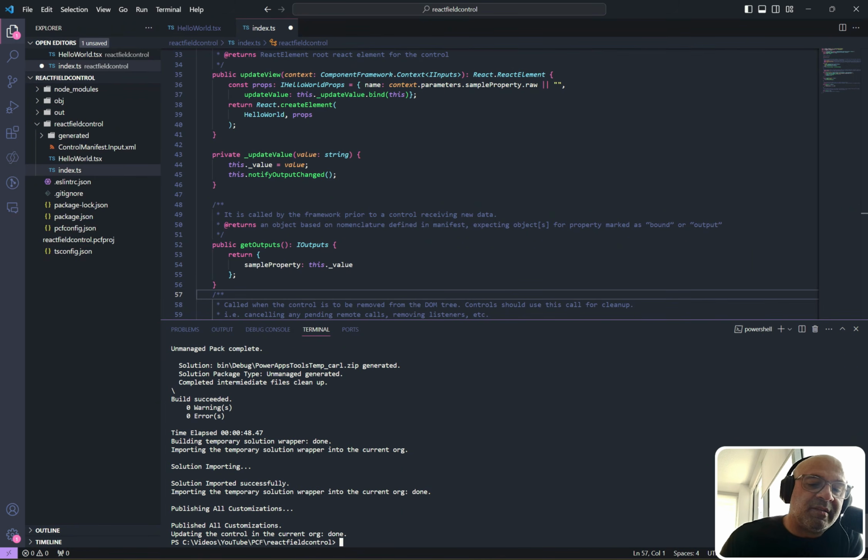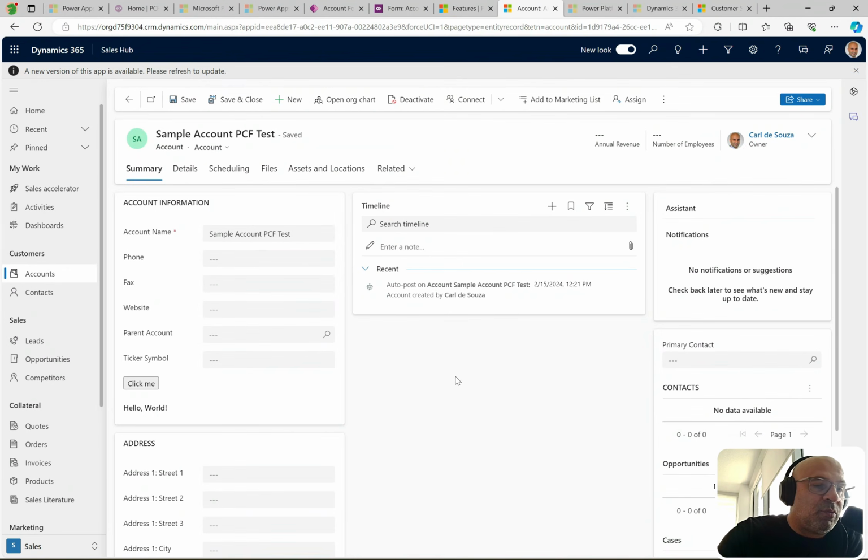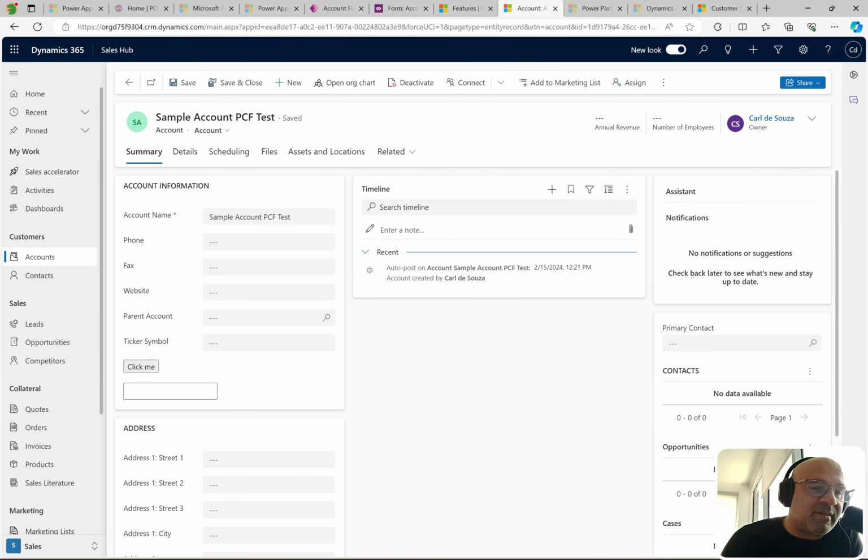Great, that's been deployed. So now let's go over to our org, and we'll refresh this page here. And here is our text box, okay? So we can click into it, and you can see here it's a really nice fluent control, right? Now, if we start to type here, you'll see that the page is currently saved up here. If we start to type, then we see that the page has now gone to unsaved, okay? And basically, we can use this control just like a text box,